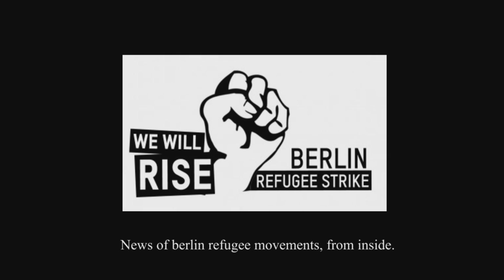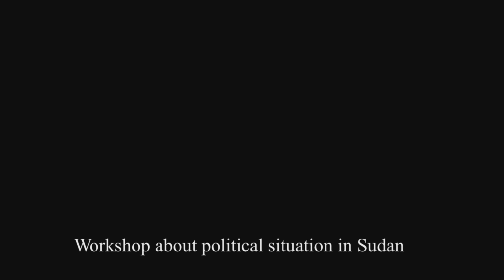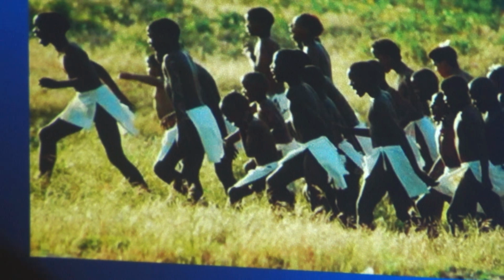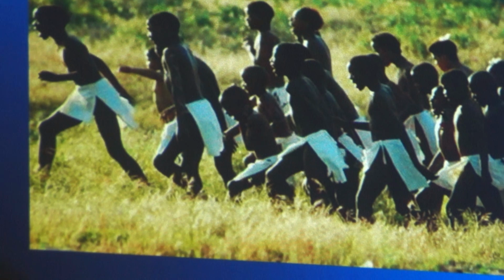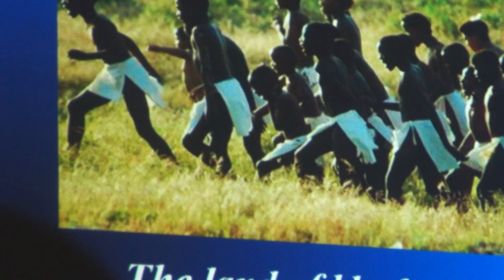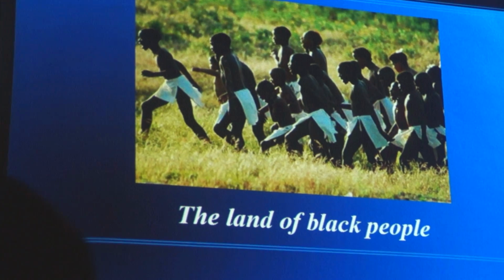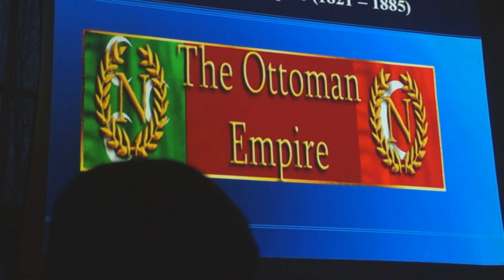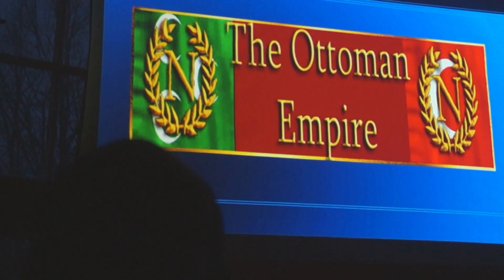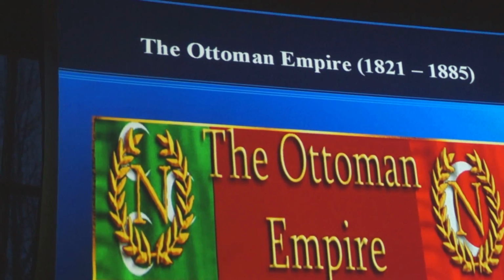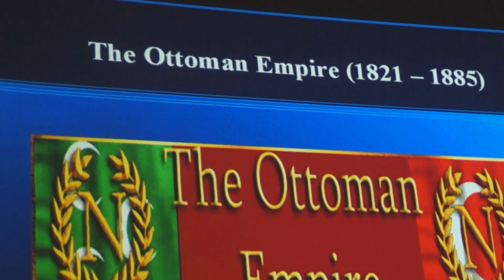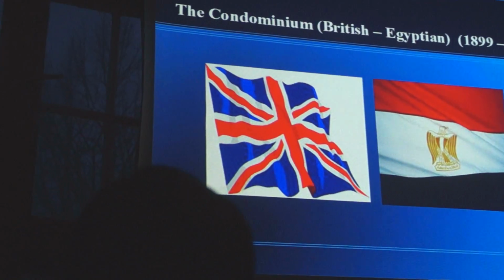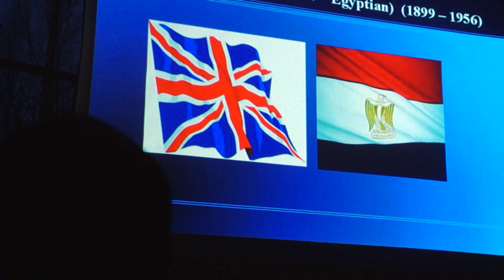The whole of Africa, they called it like Sudan. Even areas like Nigeria and Chad and so on, they called all these areas Sudan. But nowadays, the area I showed in this picture is called Sudan. From 1821 up to 1885, it was occupied by the Ottoman Empire, which is Turkey nowadays, and later occupied by England in collaboration